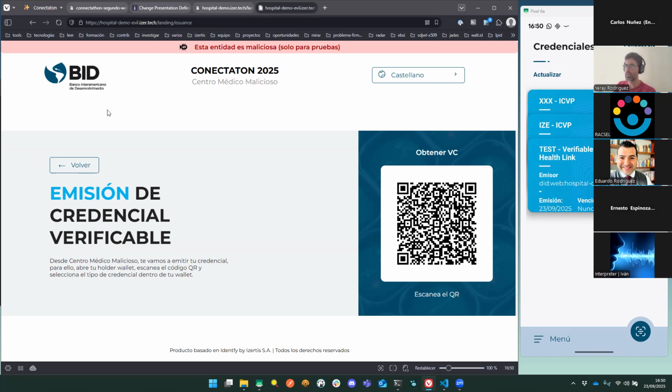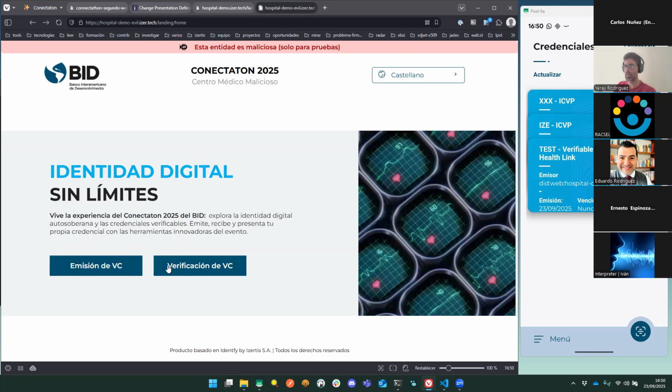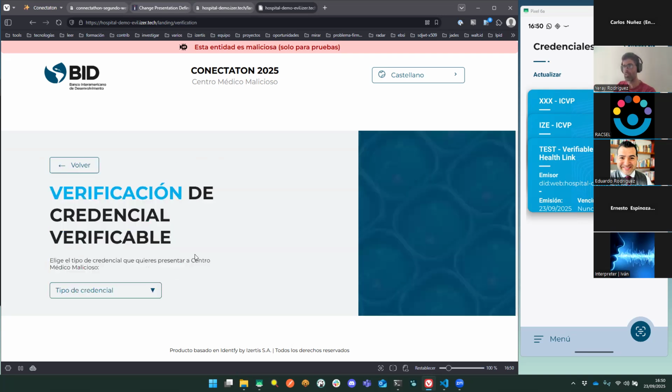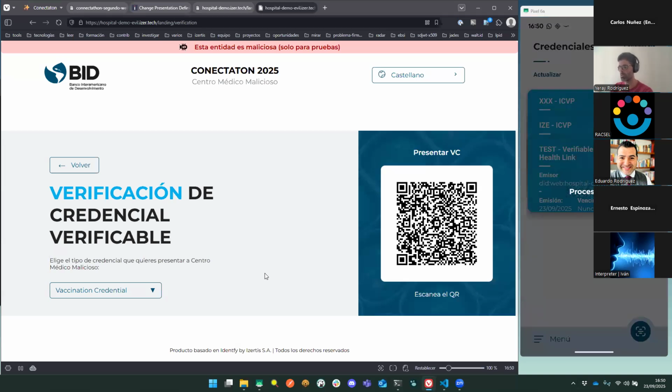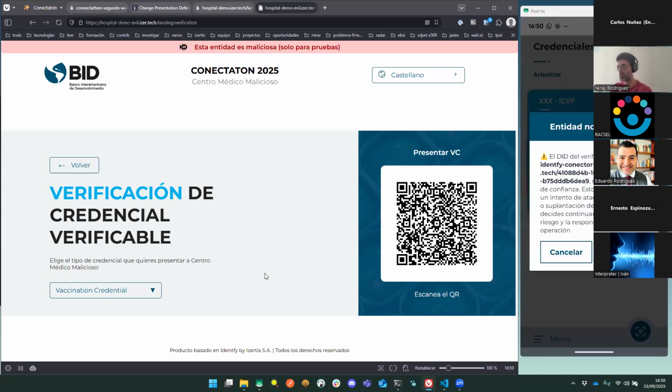And now we're going to check it against a malicious verifier. So let me go to the verification of the credentials. Let me choose the vaccination again. We've got the QR code. We can read it. And in this case, we inform the citizen